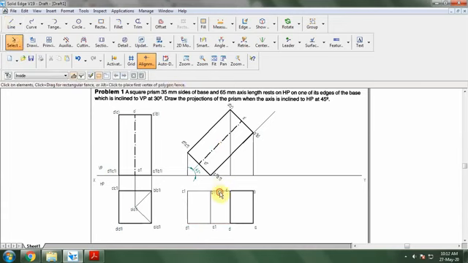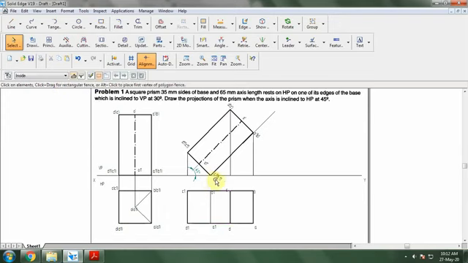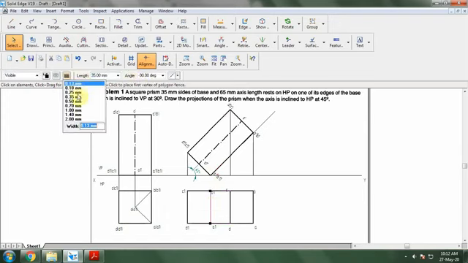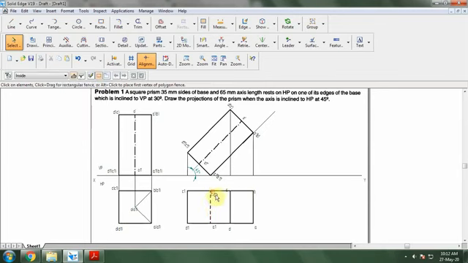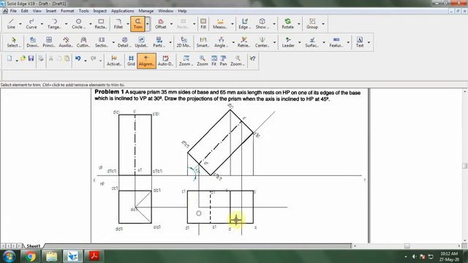Those lines I'm going to make 0.5 mm. The bottommost line, AB, will be invisible, so I'm going for invisible with 0.5 mm thickness. The lines which connect B to B1 and A to A1 are also invisible, but they come behind the visible ones, so I can't show them as invisible lines. Later I have to take the axis line. I want to take the axis now, O, and this will be O1. Again, I want to take from here. So go for the trim option. I want to trim off the lines.